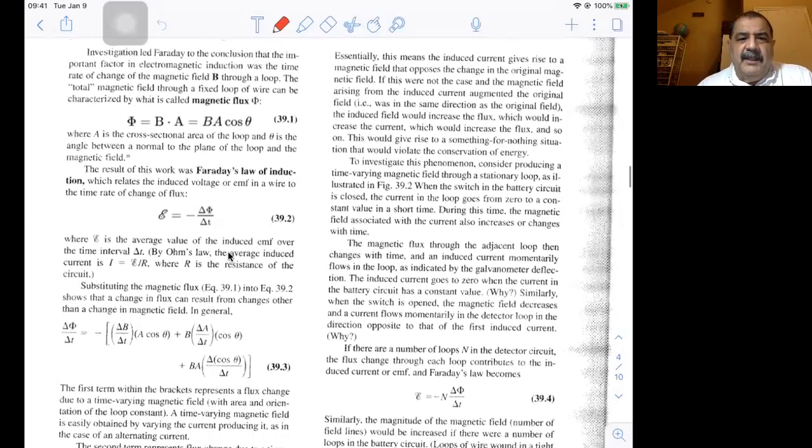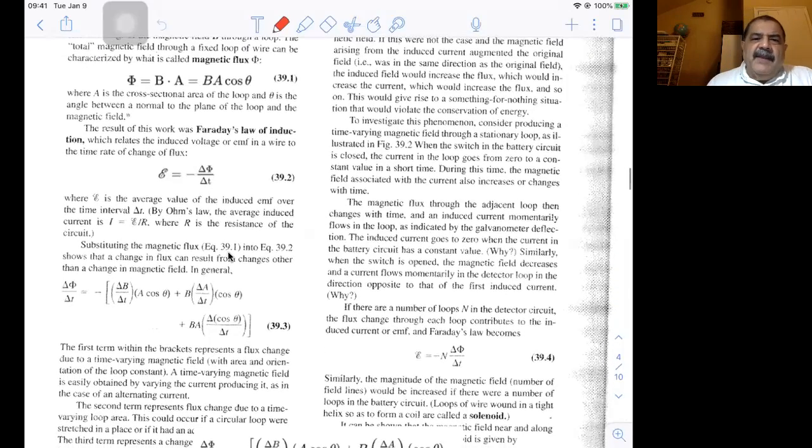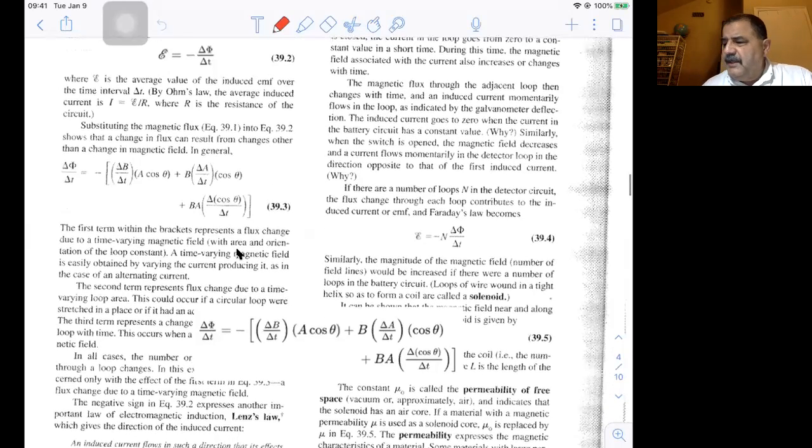The EMF is equal to minus delta phi over delta t. What that tells us is that an EMF will only occur if there's a changing magnetic flux, a change in flux. Well, the change in flux can come from 3 different